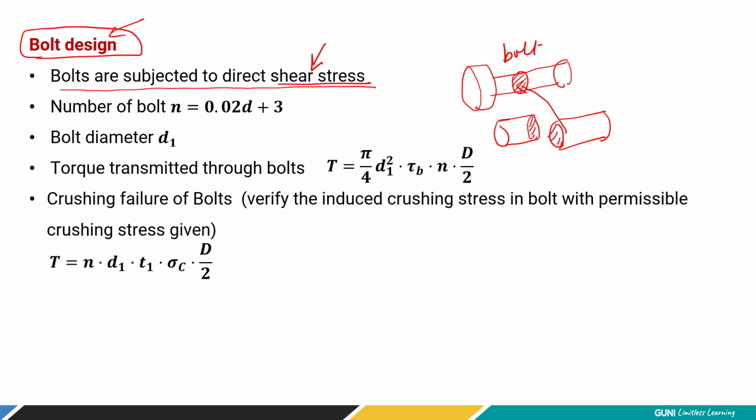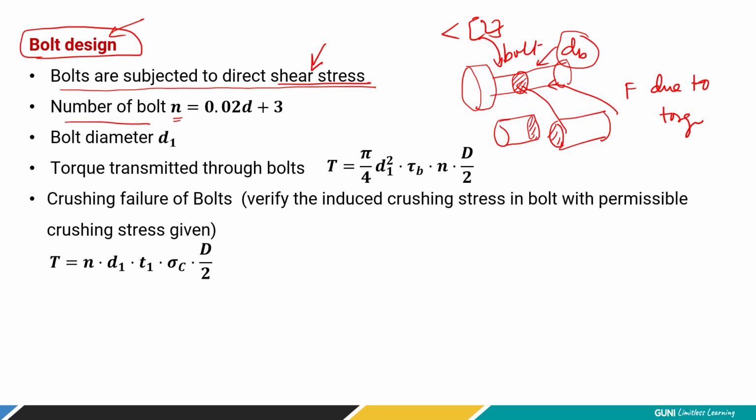So we have to design a bolt diameter dB in such a way that the force F acting due to the torque transmission requirement, which is going to cause the direct shear stress failure, gives an induced shear stress in the bolt less than the permissible value. Now, one bolt is not going to assemble the flange coupling. We are going to require more than one bolt. So to find the number of bolts, you can use this equation.